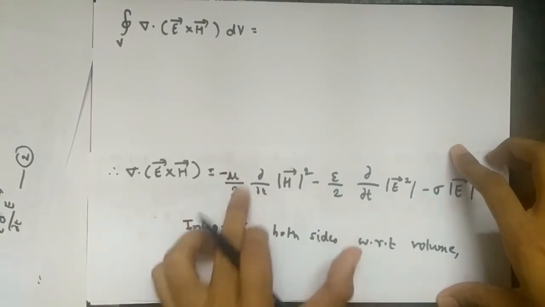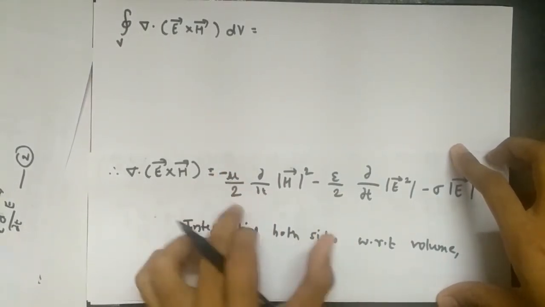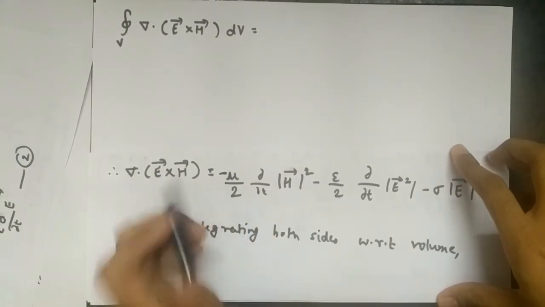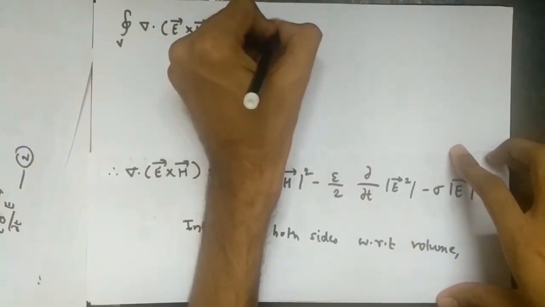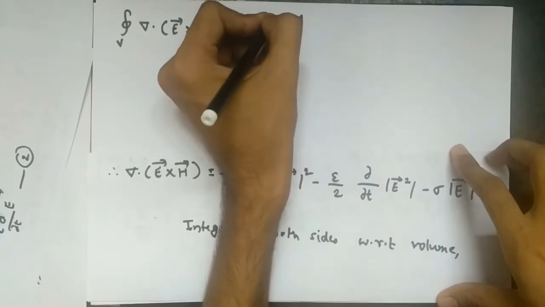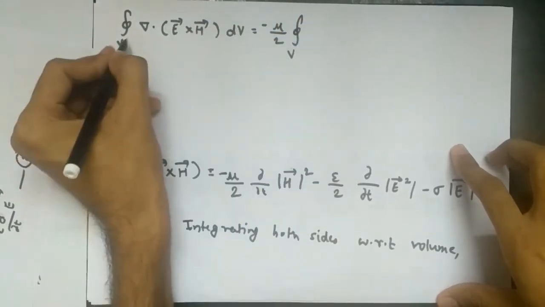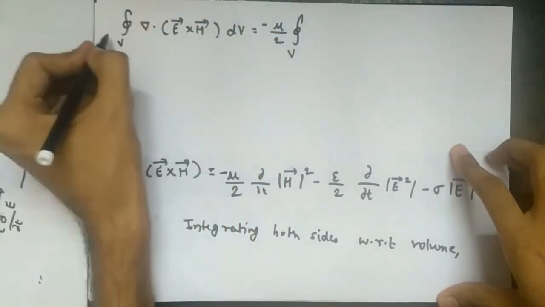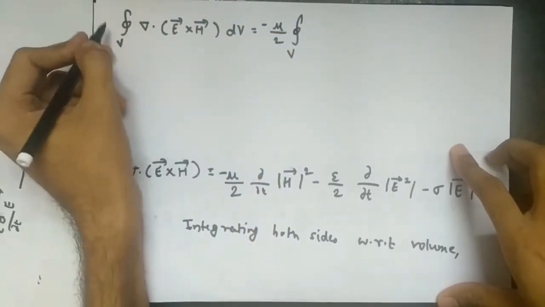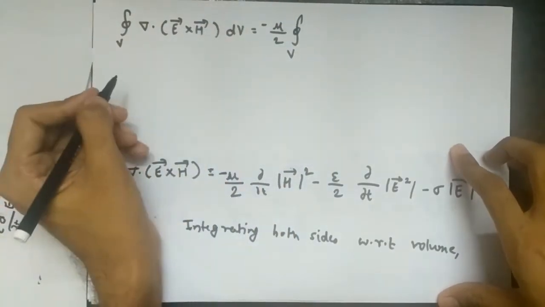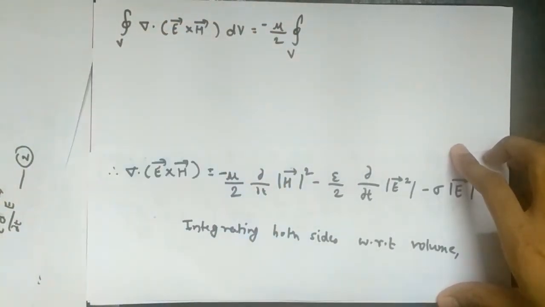So with respect to volume dv, mu by 2 is constant, right? So what can we write? Minus mu by 2 closed. See, I am writing here V. That's why I am not showing three integrals. If you are not writing V, you have to show three integrals, right? So that is the difference. So I have written V, so I am not showing you three integrals. Initial volume integral of,